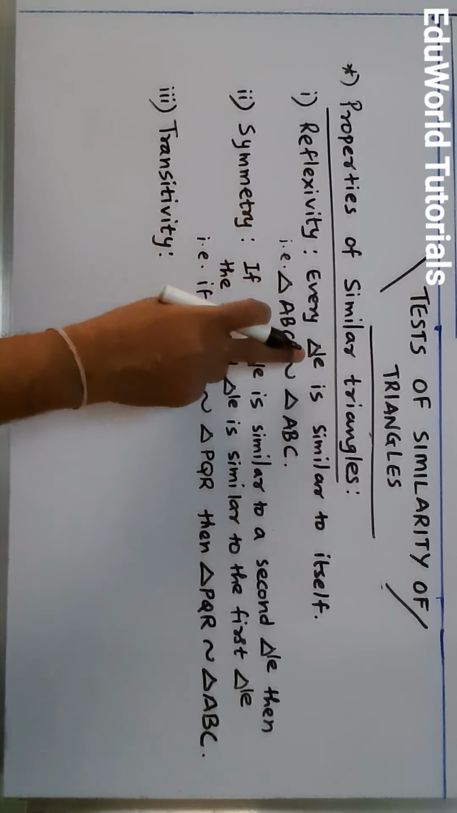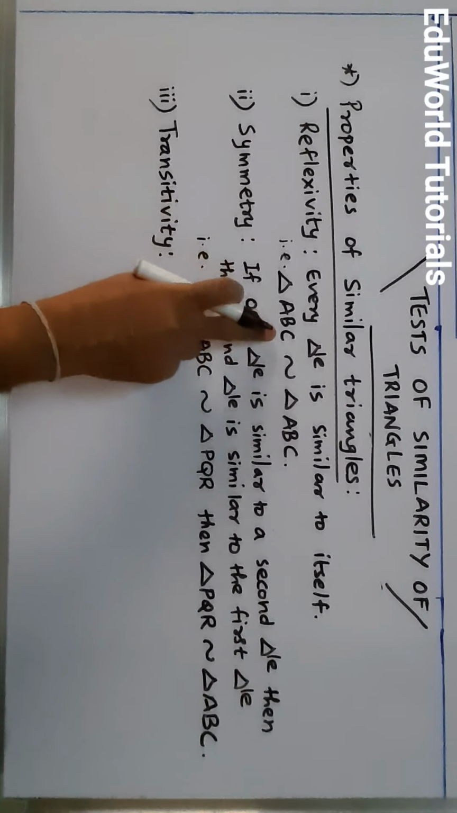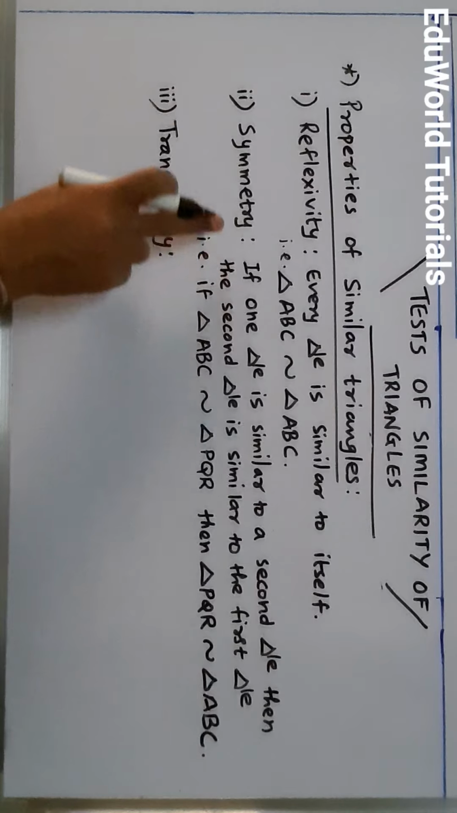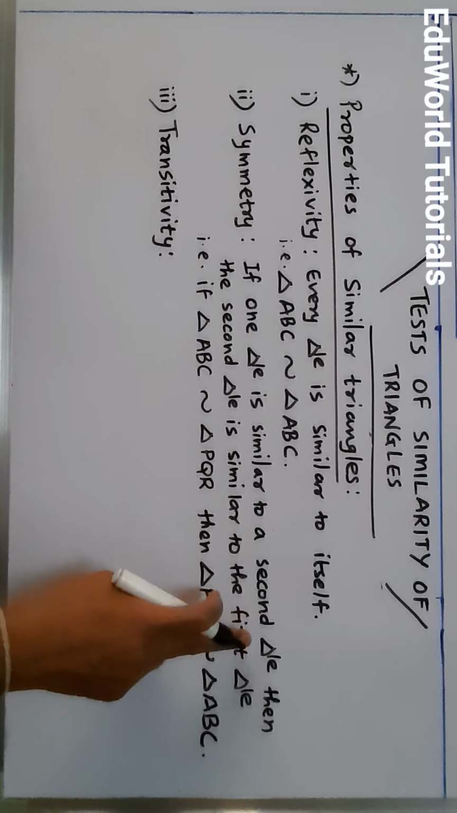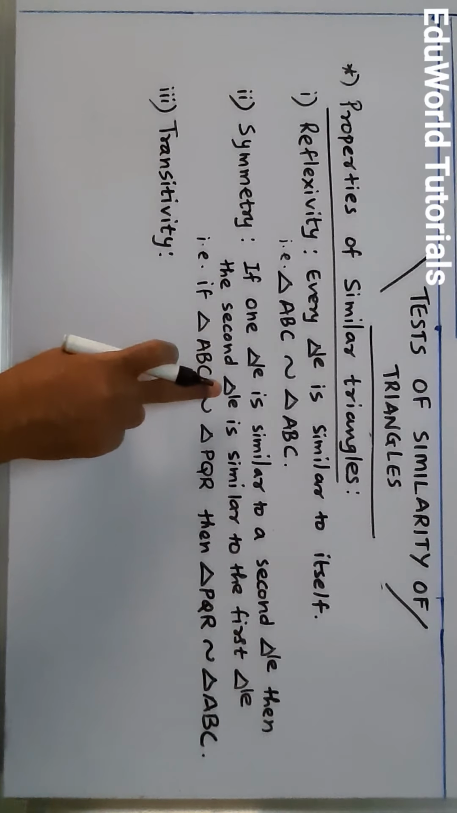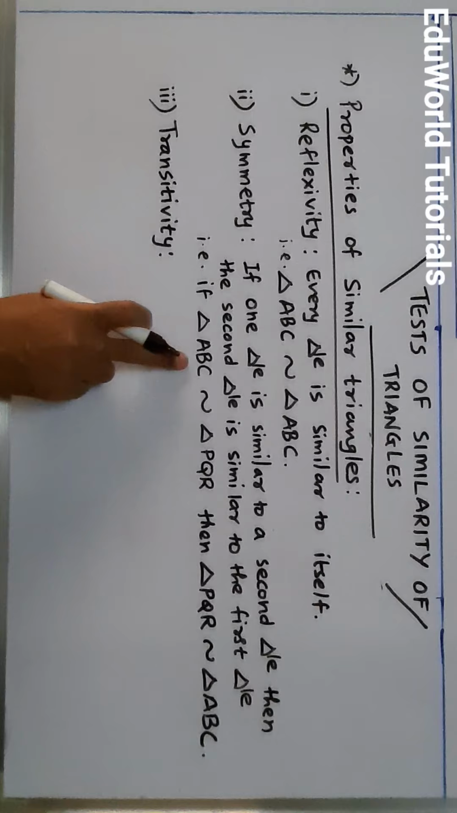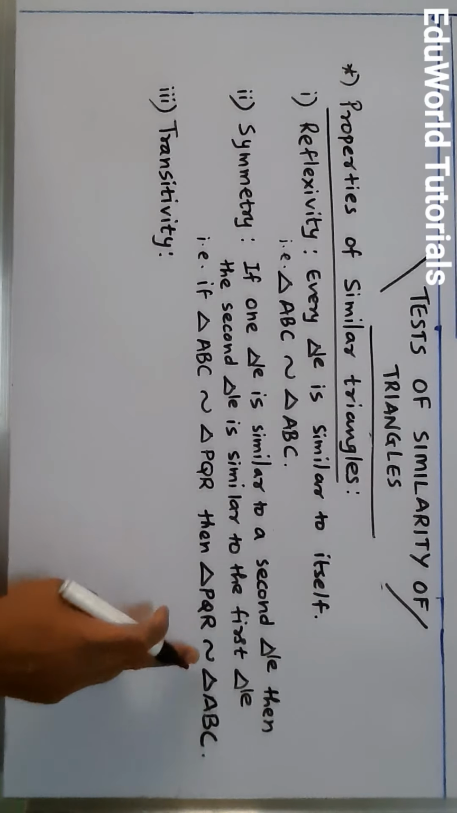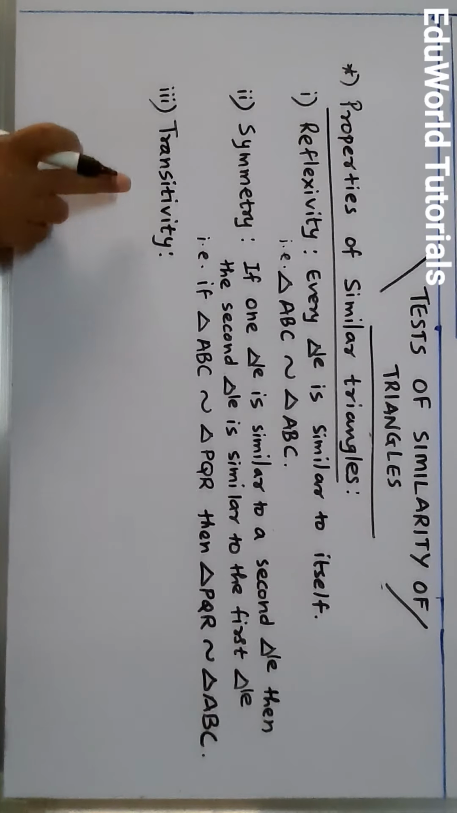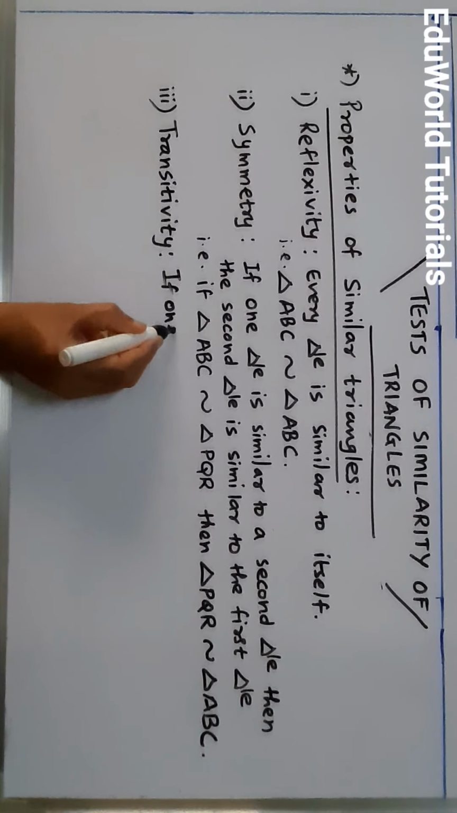Reflexivity says every triangle is similar to itself. That is, triangle ABC is similar to triangle ABC. Symmetry says if one triangle is similar to a second triangle, then the second triangle is similar to the first triangle. That is, if triangle ABC is similar to triangle PQR, then triangle PQR is similar to triangle ABC. And similarly, we can write transitivity also. What is it? If one triangle